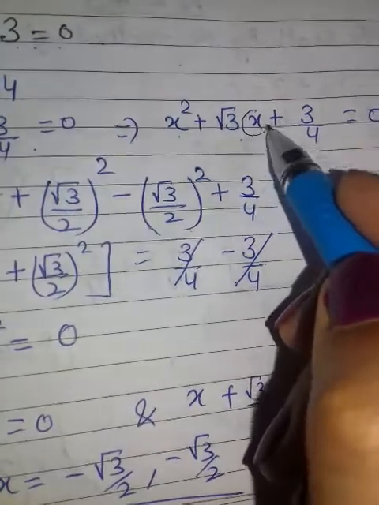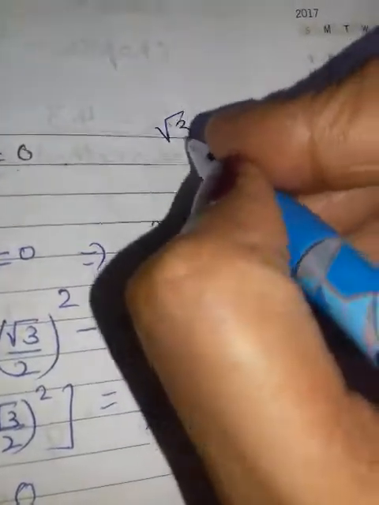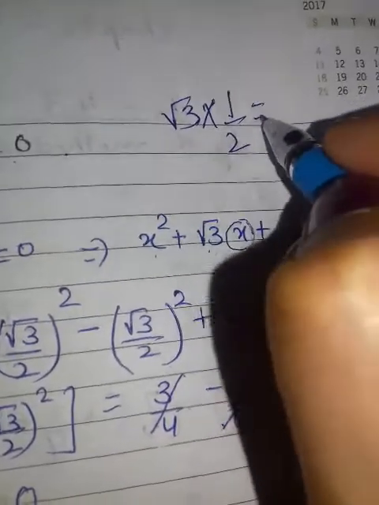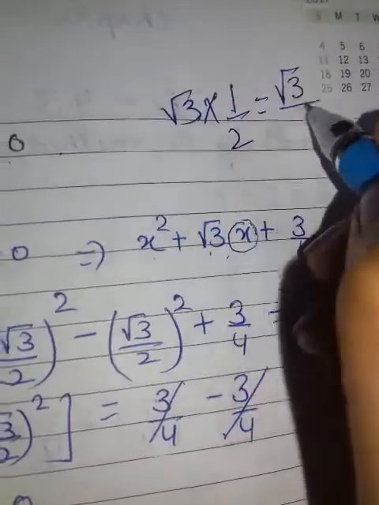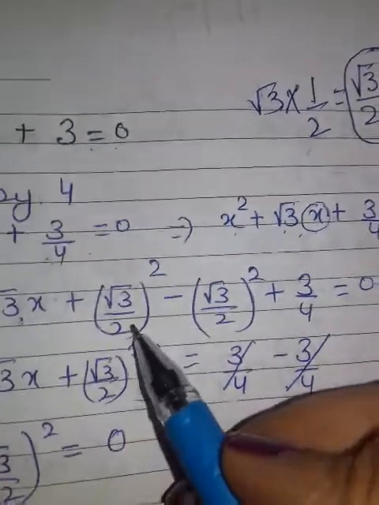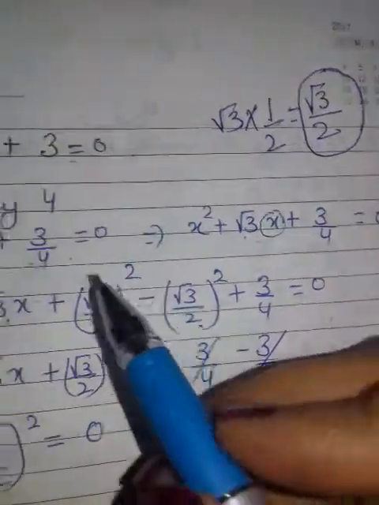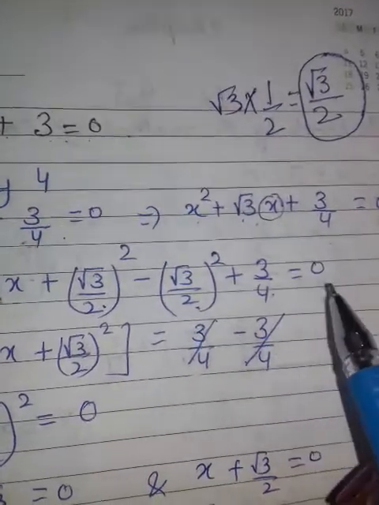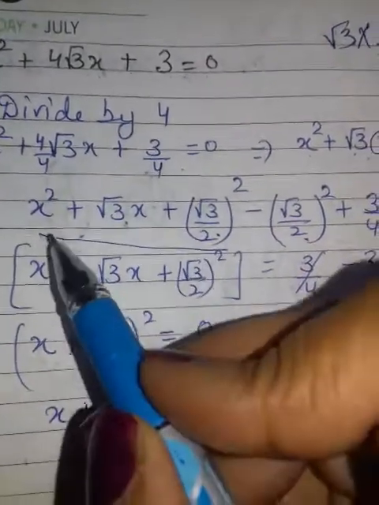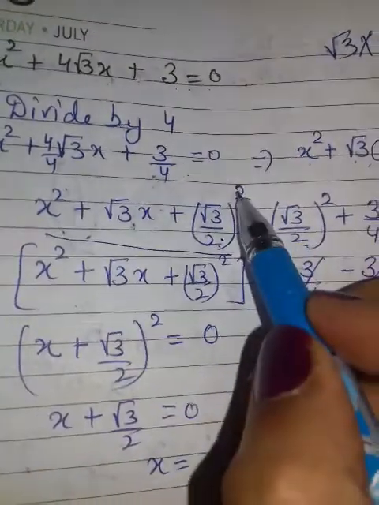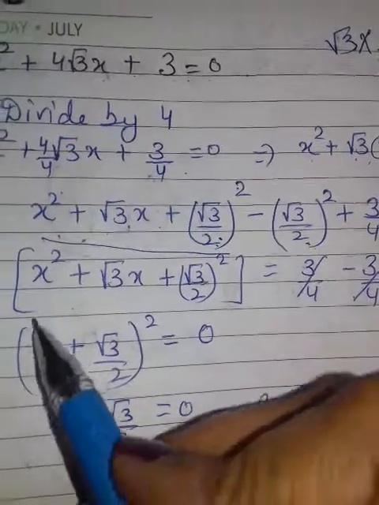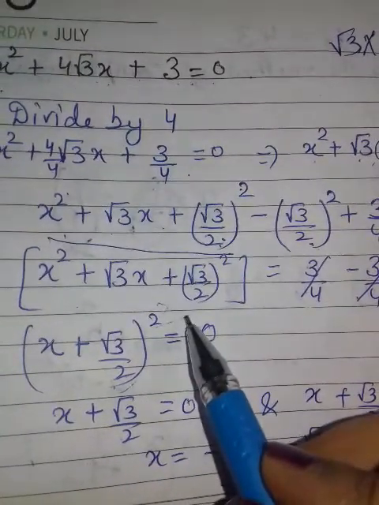After that, what will you take? You take the coefficient of x, that is √3. What will you do? You always multiply with 1/2. What are you getting? √3/2. Firstly, you add its square, then subtract it, and the last term remains the same, equal to 0. After that, you will see this is a square, this is your b², this is your 2ab. So (a + b)² I have written. Why?